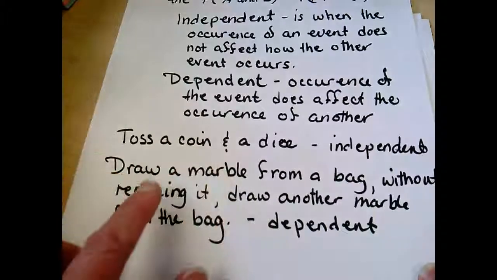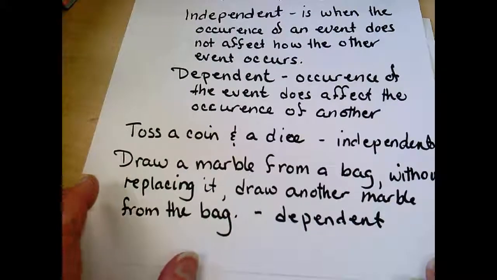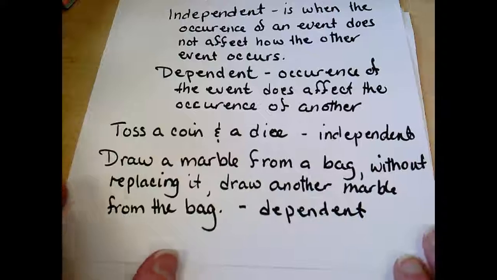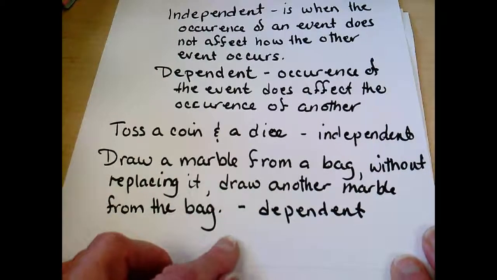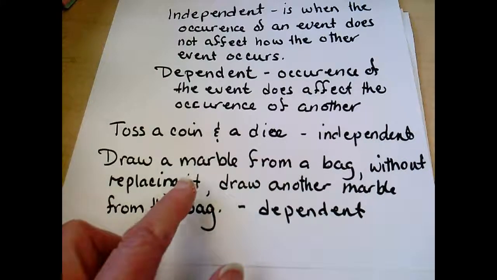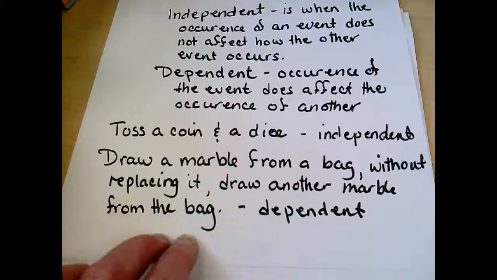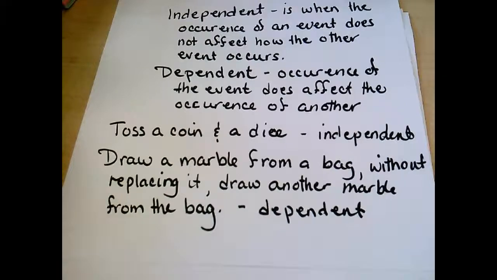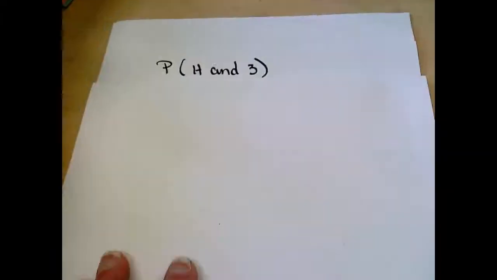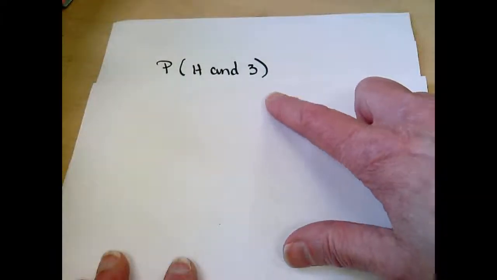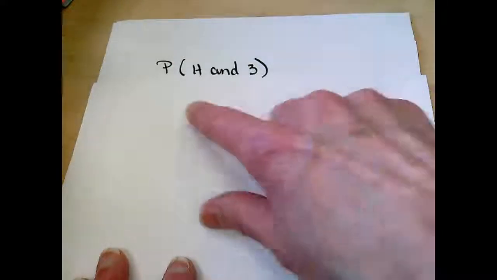affect each other. But if we draw a marble from a bag and without returning it or replacing it, draw another marble from the bag, drawing that first one and not replacing it will change the number in the bag. So those are dependent. So if we're tossing that coin and a dice, and we want to find the probability